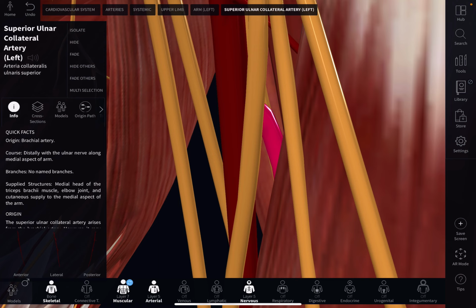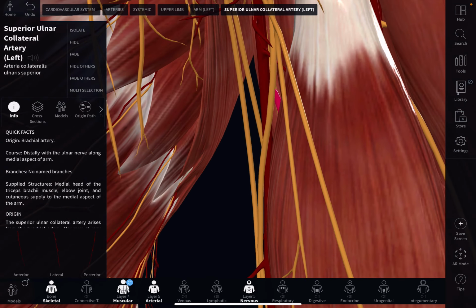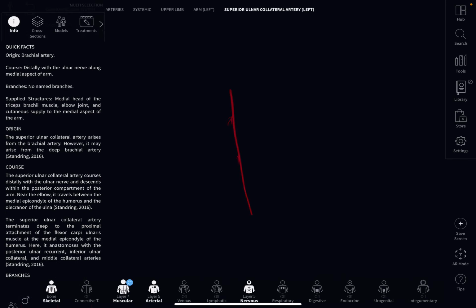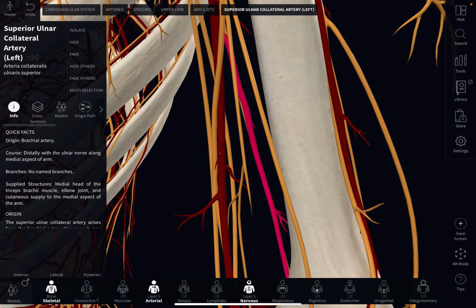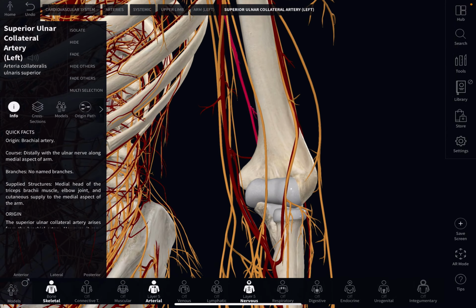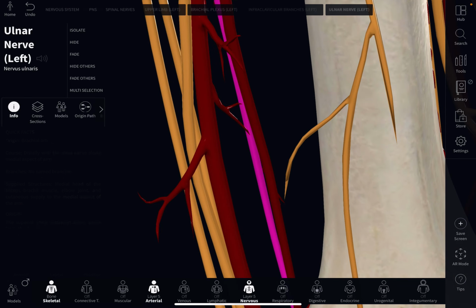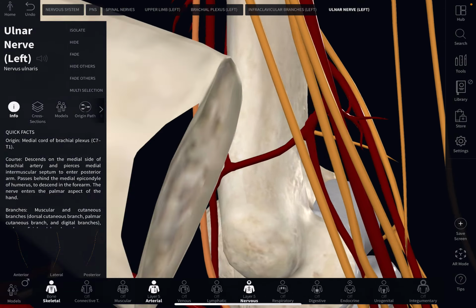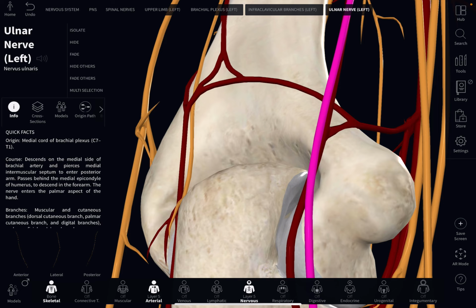And it enters the interval between the olecranon process and the medial epicondyle of the humerus. Okay, so the ulnar nerve, let's remove the muscles here. Here you can see the ulnar nerve passing along with the superior ulnar collateral. So the ulnar nerve passes to the back of the arm, and then it runs in the interval between the